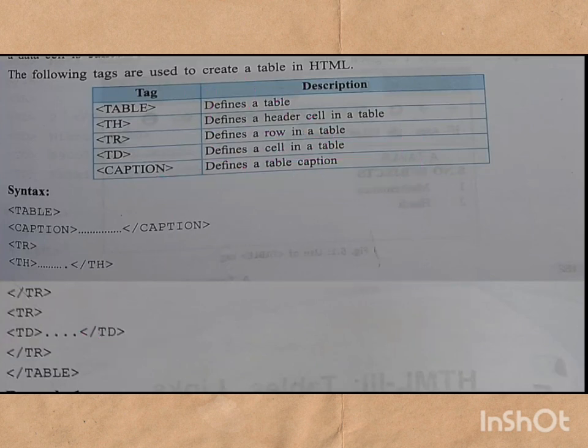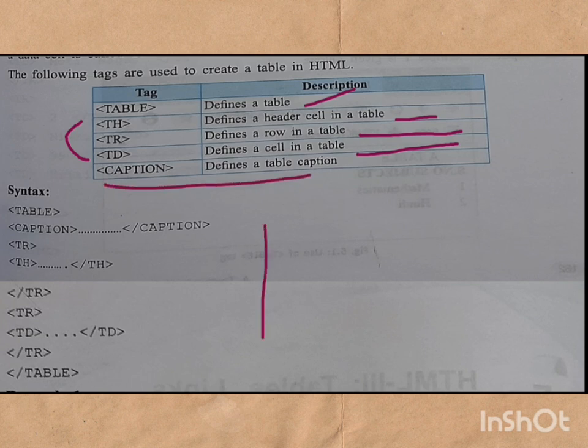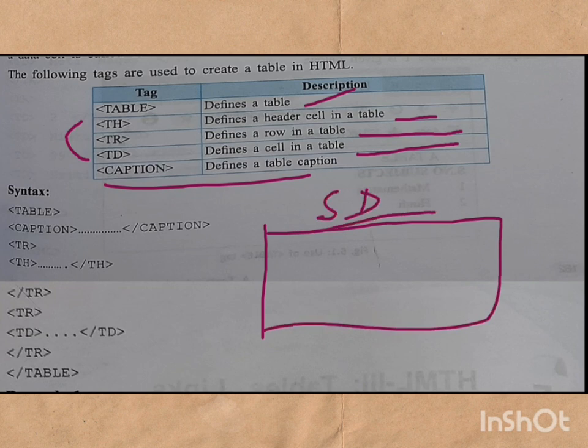Now see, these are the tags. Table, to define a table, th is for table heading. If you want the heading as dark, then you can use th, otherwise you can use td also, that's not a problem. Now tr is for table rows, td is table data. These two, either td or th, you can use anywhere. Next is your caption. Caption is something like a table heading you want to form, like student detail, and that also in the middle. So for that you will use the caption.